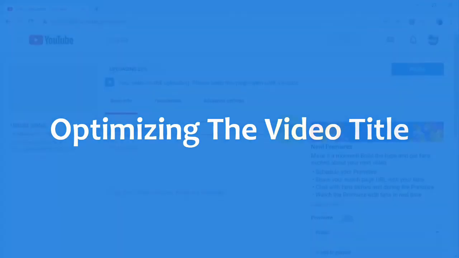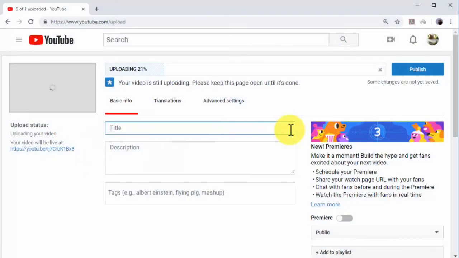Optimizing the video title. Start with the video title. An optimized video title has to be at least 5 words long, and it has to include high-volume search terms and keywords in your niche, as well as the name of your brand, product, or service. Type your video title in the title field. In this example, we are going to enter a high search volume term in our target niche, followed by our